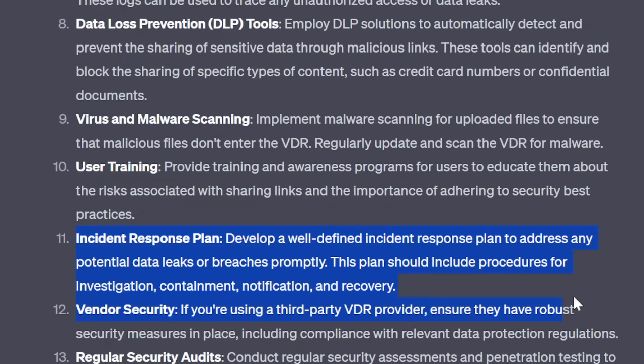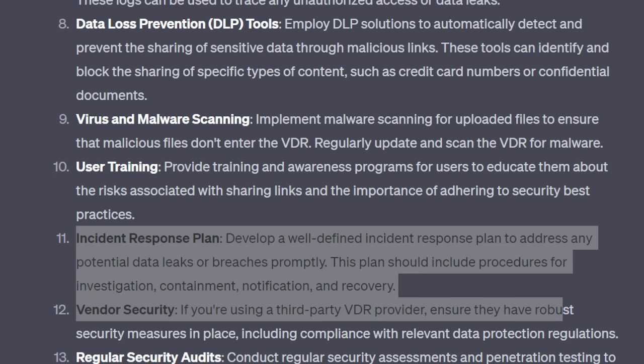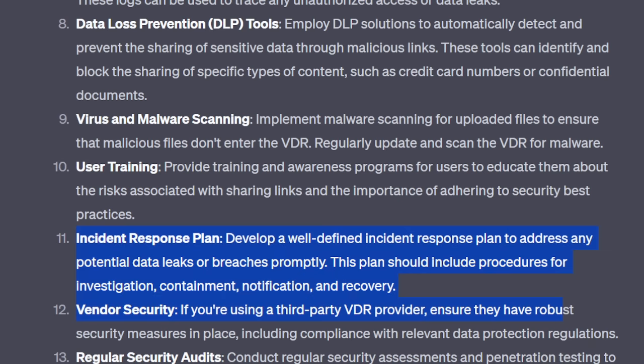Incident response plan. Develop a well-defined incident response plan to address any potential data leaks or breaches remotely. This plan should include procedures for investigation and containment, notification and recovery. Vendor security: if you are using a third-party VDR provider, ensure that they have robust security